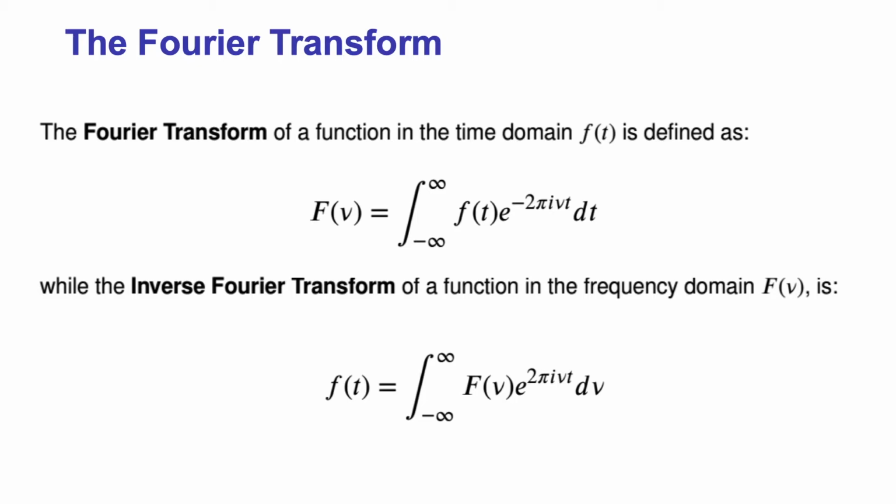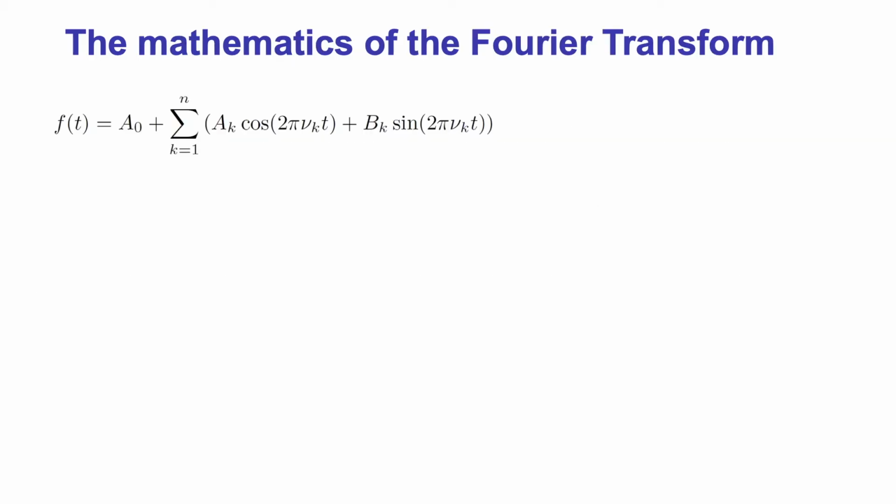Likewise, we can go back from the frequency domain to the time domain by means of the inverse Fourier transform, which is found by multiplying the function f in the frequency domain, F of nu, times e to the 2 pi i nu t and integrating for all frequencies from minus infinity to plus infinity. In order to explain how we arrived at such an expression of the Fourier transform, let's go back to our initial